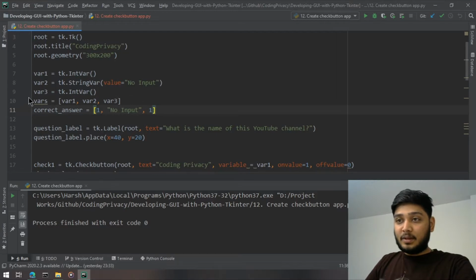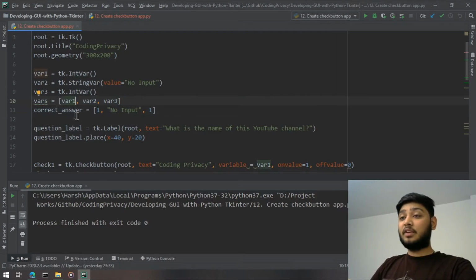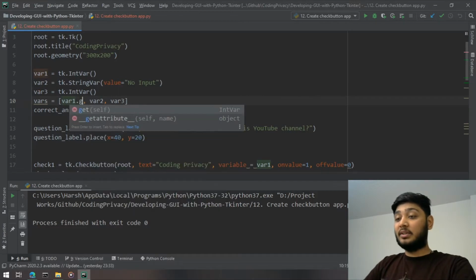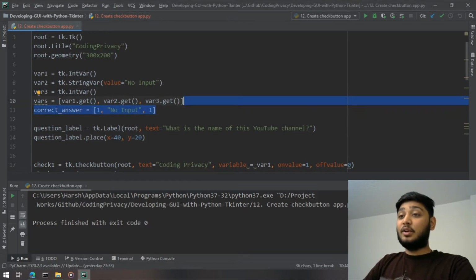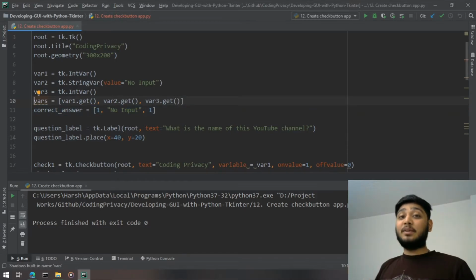Okay, so I have the list of variables, but I don't want the list of variables, because variables are objects. I want the value, right? So I'll fetch the value and place it in a list. It's a dynamic variable, right?